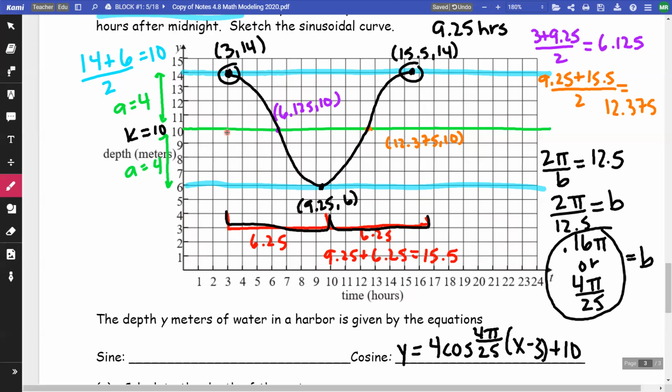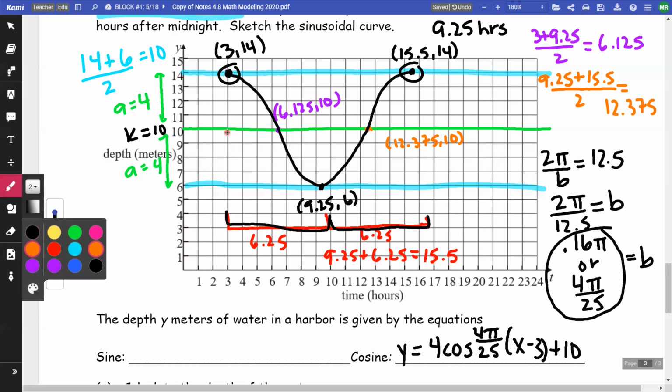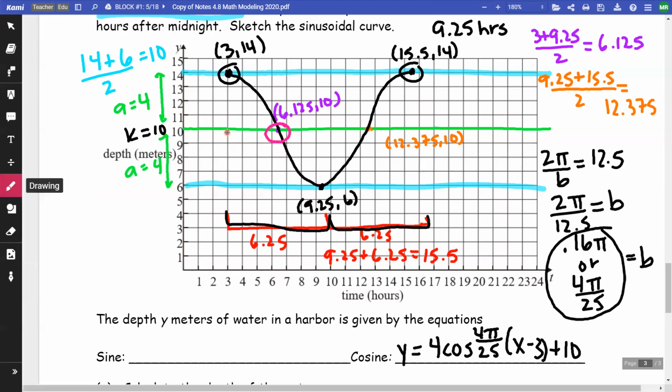Now my sine is going to be basically, most of it's going to be the same. The amplitude is going to be the same, except for maybe the sign is changed. Your B is going to be the same and the K is going to be the same. But the x minus h, that's going to adjust depending on where I'm going to start. I think I'm going to start, and I'm going to circle this in hot pink. I'm going to start here at